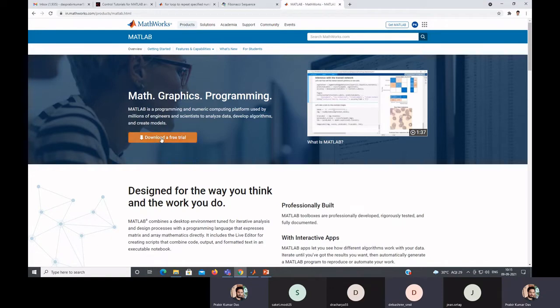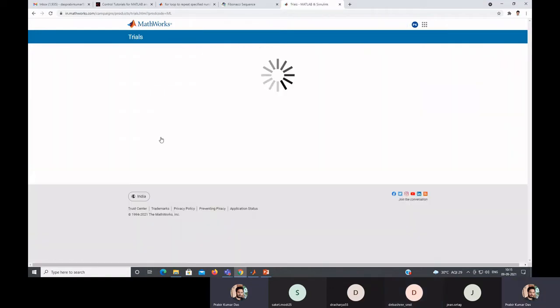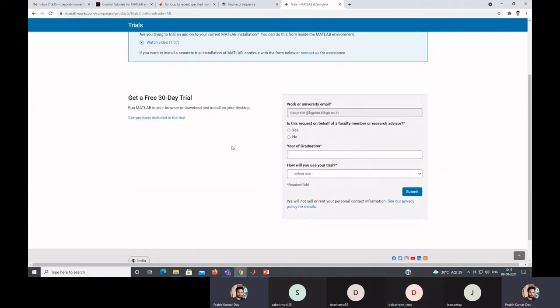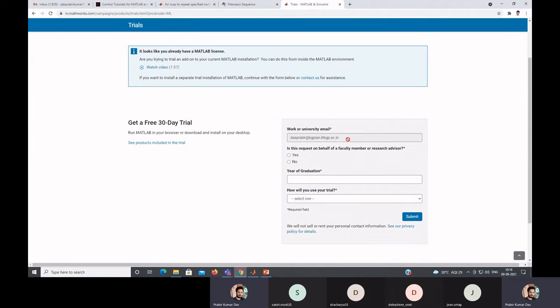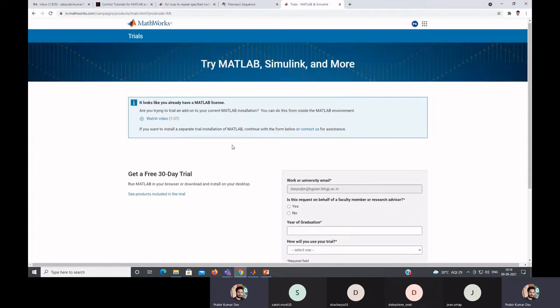So you just click download the trial version. Then you have to create one account. But if you put your institute mail ID, it will